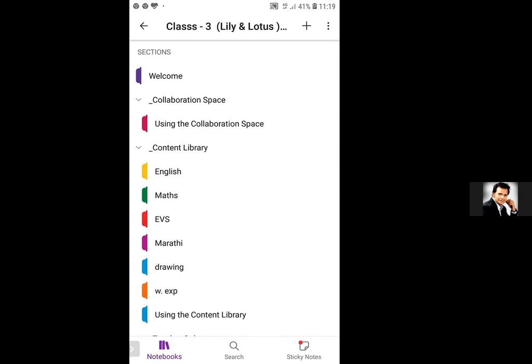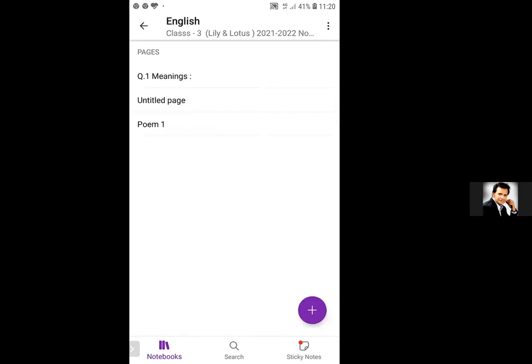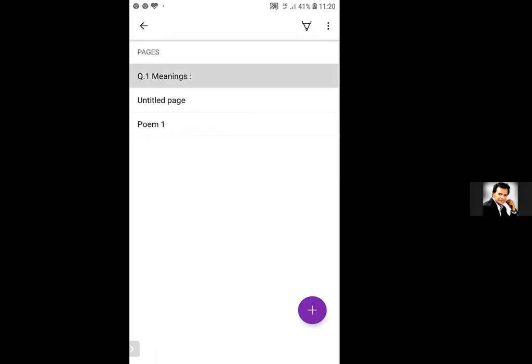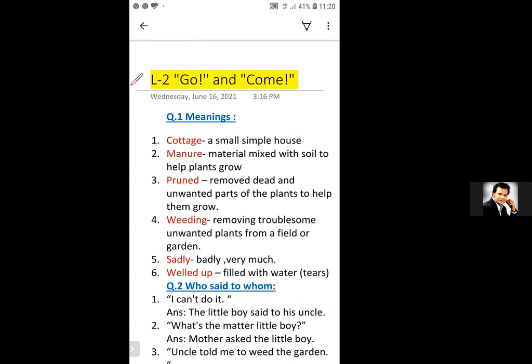After clicking on class 3, see, it came to the content library. Below the content library are English, Math, EVS. If I click on English, then see, different lessons came. If I click on meanings, see, this lesson came. In this way, I have explained how to view the notebook in the Teams app